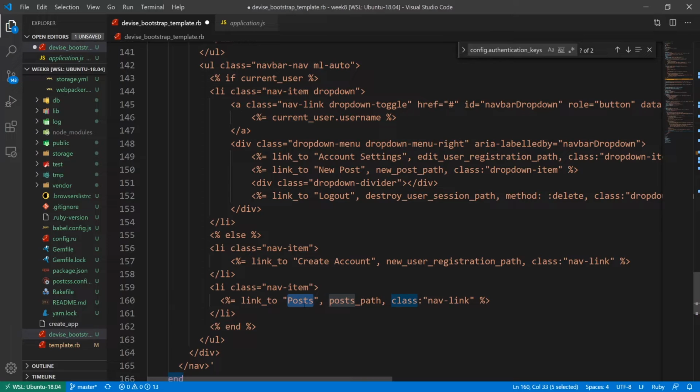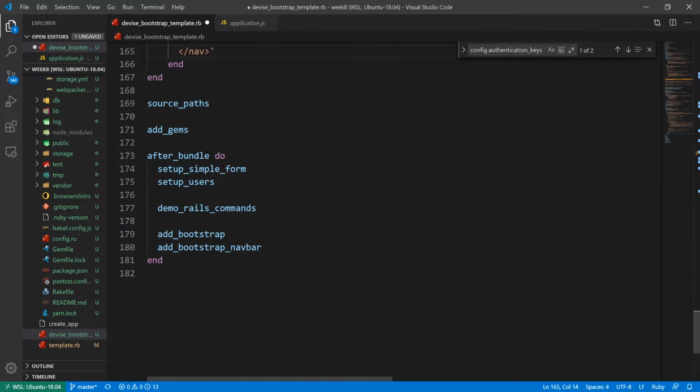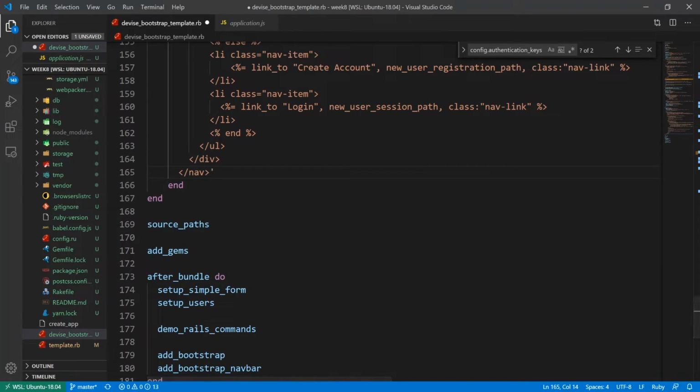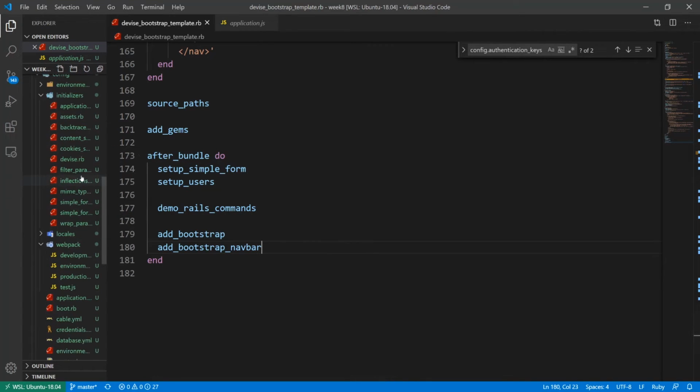And maybe you already have an account, so in that case, maybe you just want to log in, which is going to be the new user session path. And that's going to do it for creating that navbar right there. And assuming we did all of this correctly, which after 180 lines of code is a very brave assumption on my part,